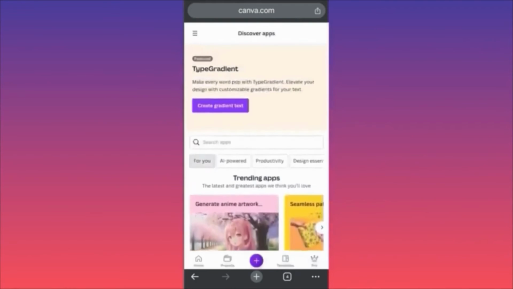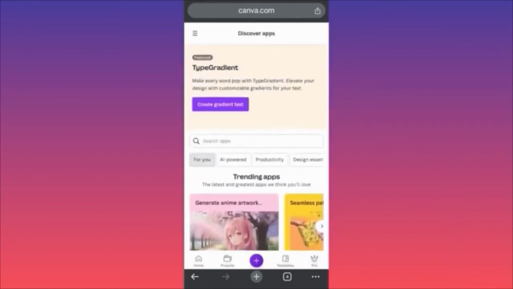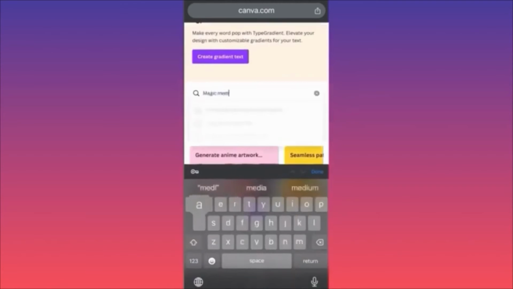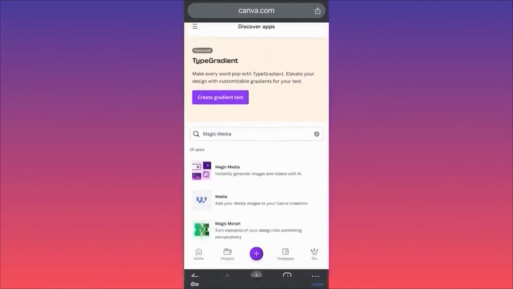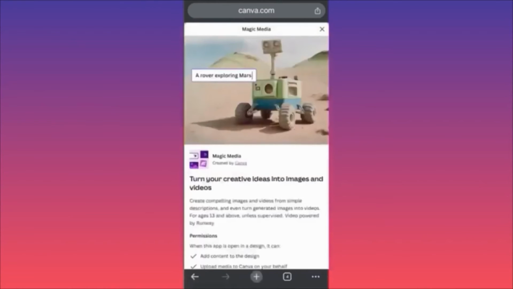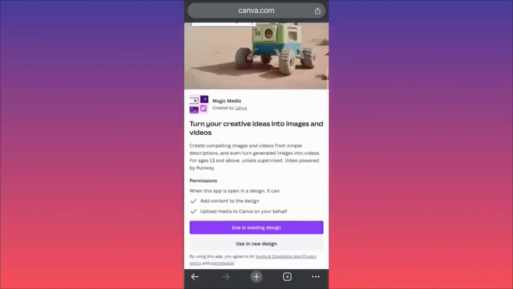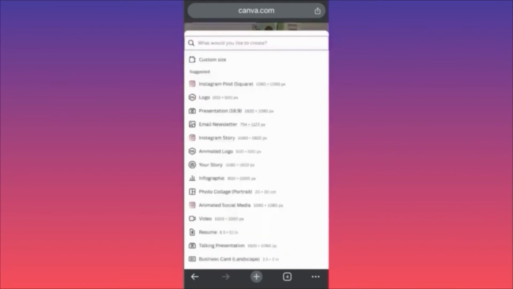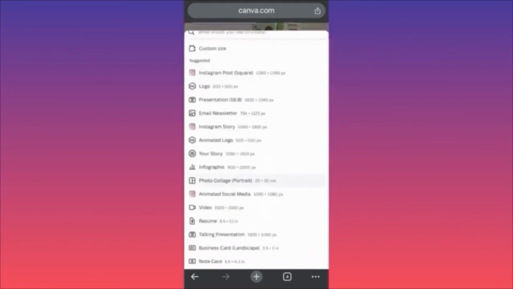So the first thing that we're going to focus on is we're going to look for Canva's own proprietary technology app, which will be Magic Media. So in this example, we are going to utilize Magic Media. This is the first icon over here. In this example, we are going to use the AI image generator of Canva's AI. We are going to create a brand new design, and as you can see over here, you have like